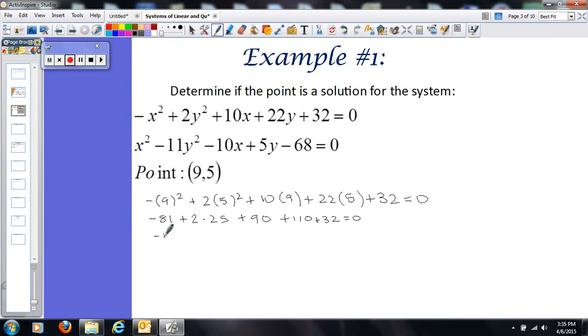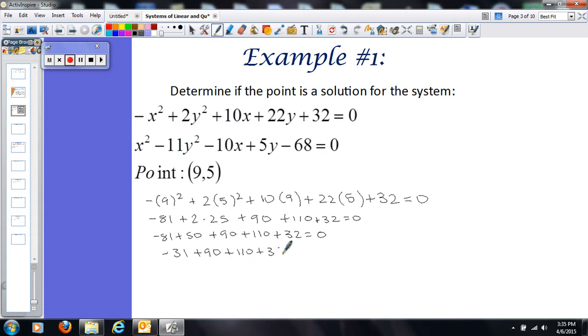This is going to be negative 81 plus 50 plus 90 plus 110 plus 32 equals 0. I want to make sure I have this right here. Y is 5. Okay, so negative 81 plus 50 is going to be negative 31 plus 90 plus 110